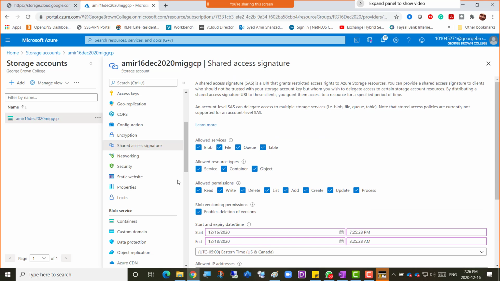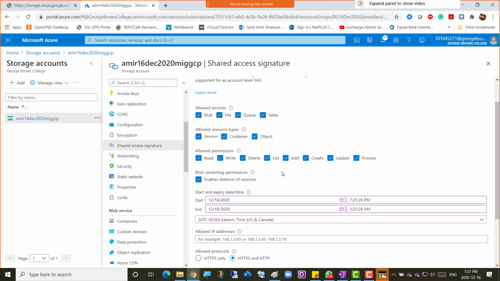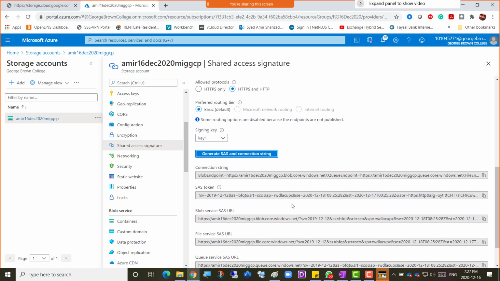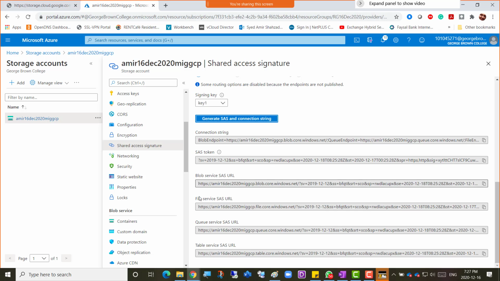So pretty much everything is open in this shared access signature or SAS, and there's key 1 here, so I'm just going to click generate SAS and connection string. Once we click that, it shows, okay, this is a string you can use wherever you want to share this, maybe the container of this storage account or the file service or blob service. So I want to actually share the blob service here, right? I'm going to go for the blob service SAS URL, copy that,